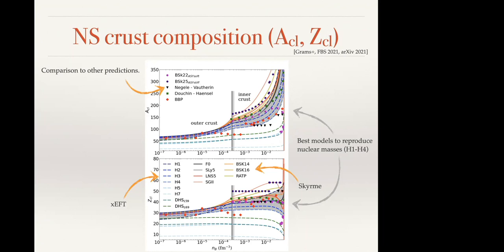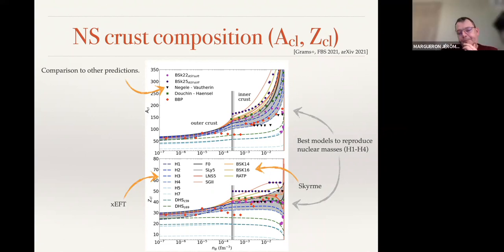And so, for example, if you look at the predictions in the lower panel for Z from different chiral Hamiltonians, it seems that Z of 50 is kind of outside its reach at the onset of the shell effects, right? So if you see, say, around 10 to the -4, between 10 to the -4 and 10 to the -3, you can see that there is clearly a difference between some of these predictions. Yep.